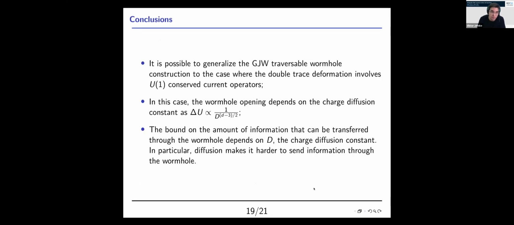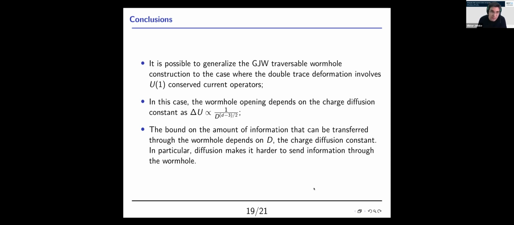So basically, our conclusion is that it's possible to generalize the Gao-Jafferis-Wall traversable wormhole construction to the case where the double trace deformation involves conserved current operators, and the wormhole opening depends on the charge diffusion constant. The same is true for the bound on information transfer, and I expect this to be true in more general setups. Like if you consider another type of conserved current, maybe the wormhole opening will depend also on the corresponding transport